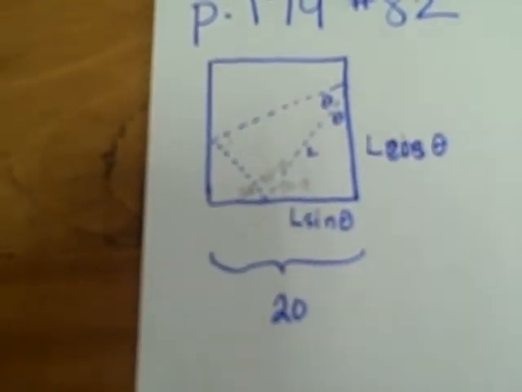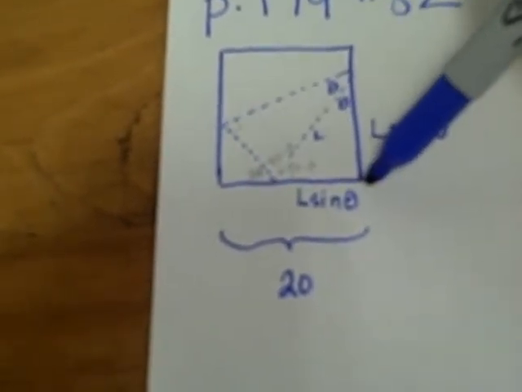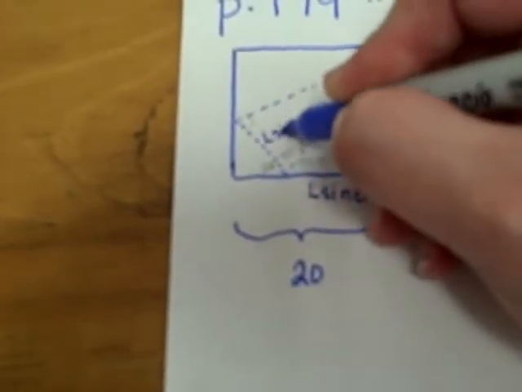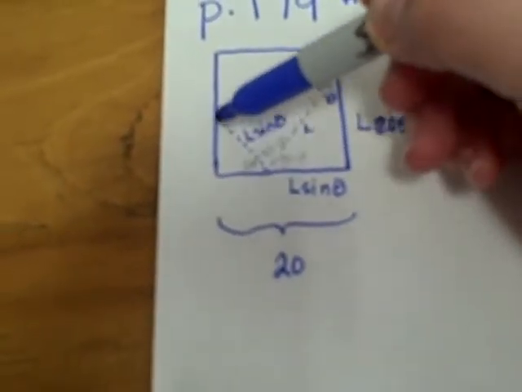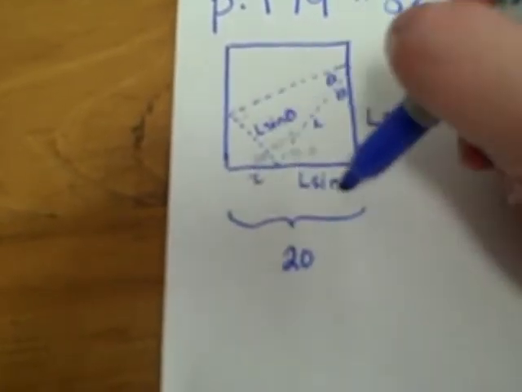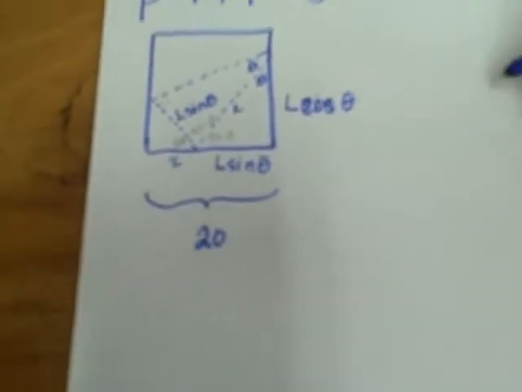Now, we also know that this dimension here, dotted, would have to be the same as its part that it was folded from, which would be L sine of theta. So when we look at the small triangle that's formed over here, you'll notice that we need to find this dimension. And what we want to try to do is to add the two of them together to give us 20. So we can set up a trig function here